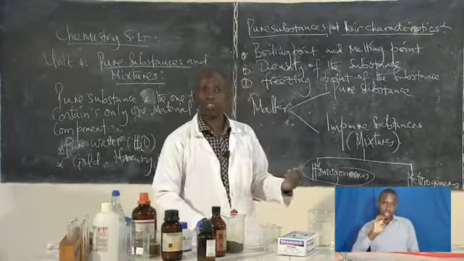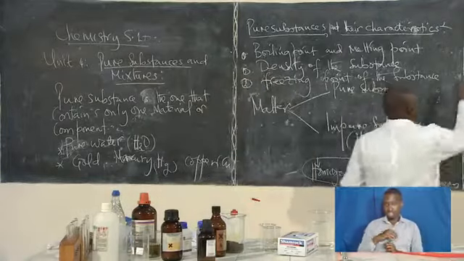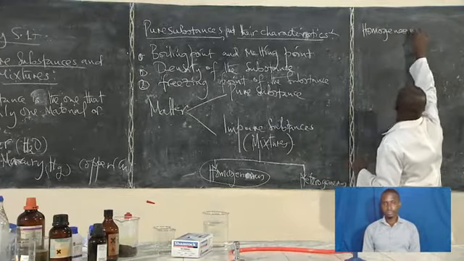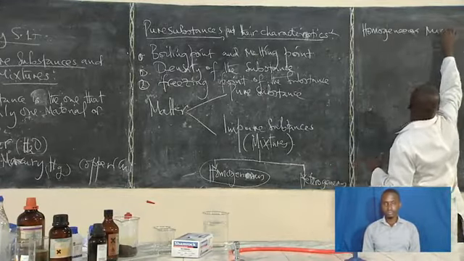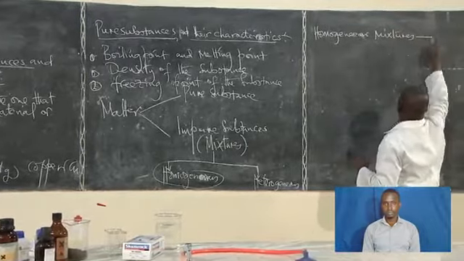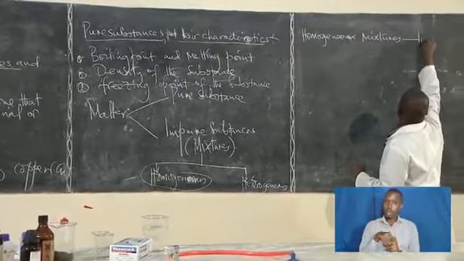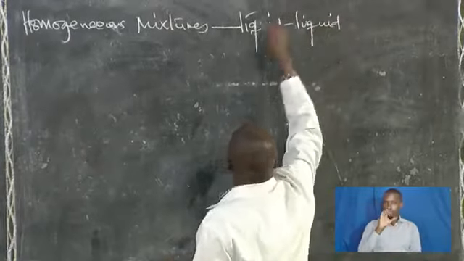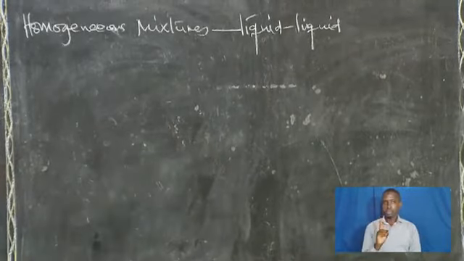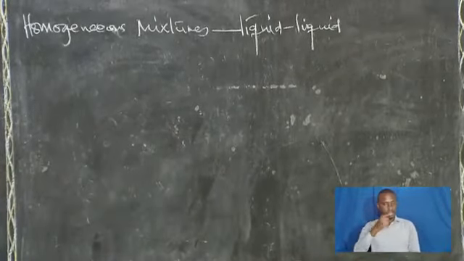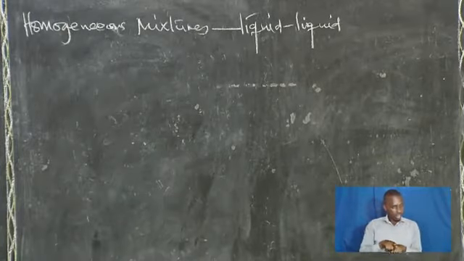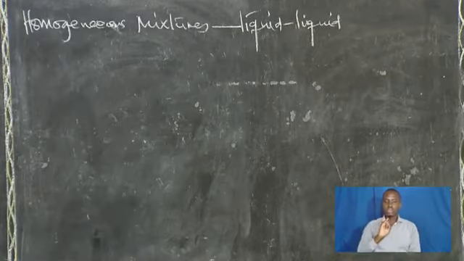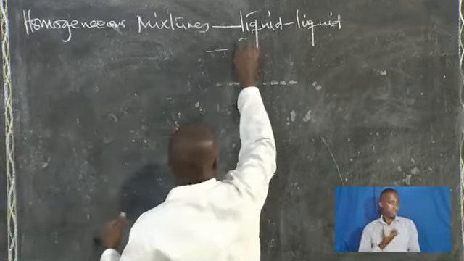So the homogeneous mixtures can be, if we have a homogeneous mixture, this can be either liquid, where we had vinegar, which is in liquid form, and we've put water, which is also in liquid form. So that is liquid. We had some other example. We may have even solid,